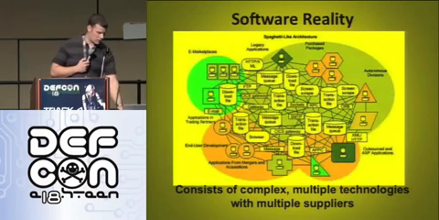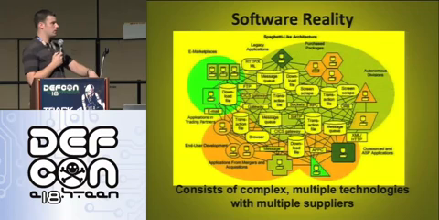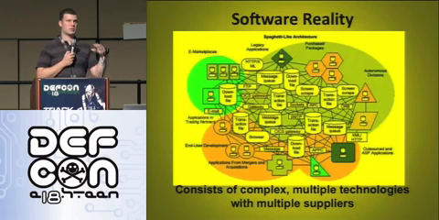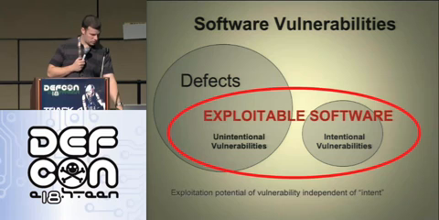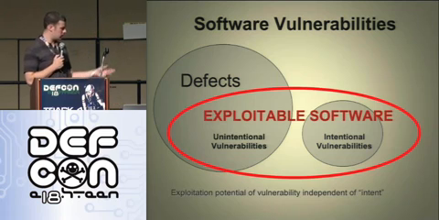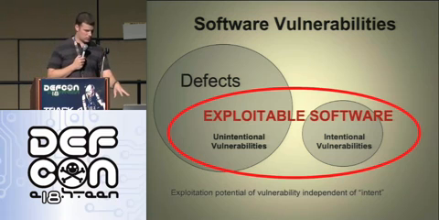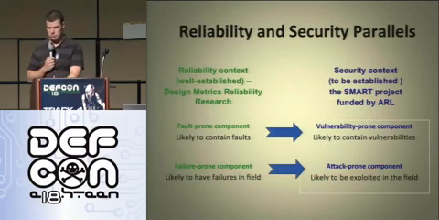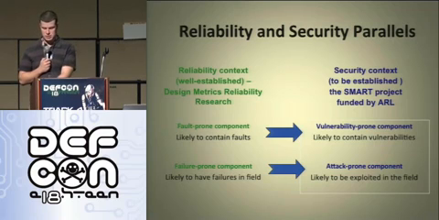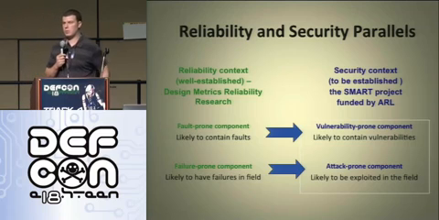So really what we're saying, and I'll get into this a little bit later, is that within the reliability faults you're going to have security faults. The majority is going to be a ton of reliability faults, and then a small number of those will be actual security faults. So you have your defects, and within that, some are actually exploitable. That's what we set out to prove when we did this project for the Army: that these metrics we've been using, proven over 20 years for reliability, can actually find security faults.